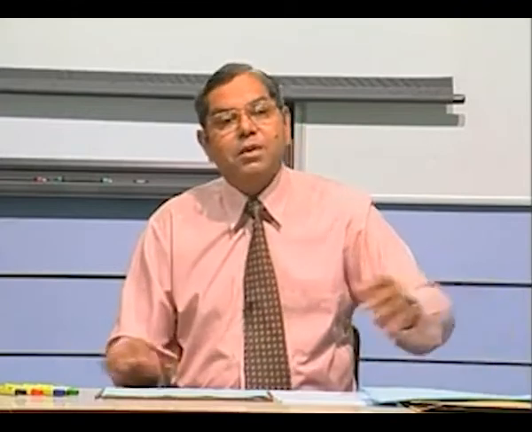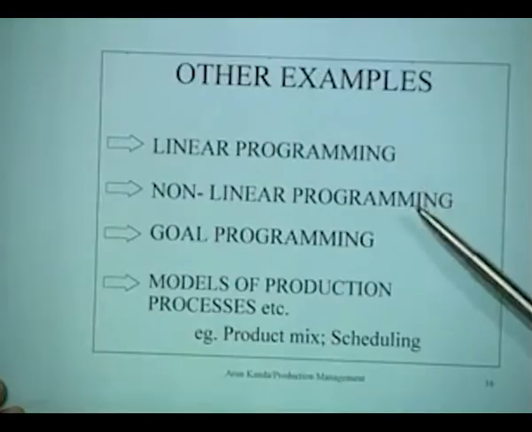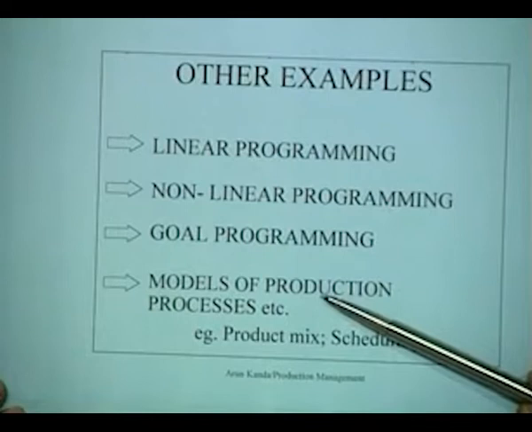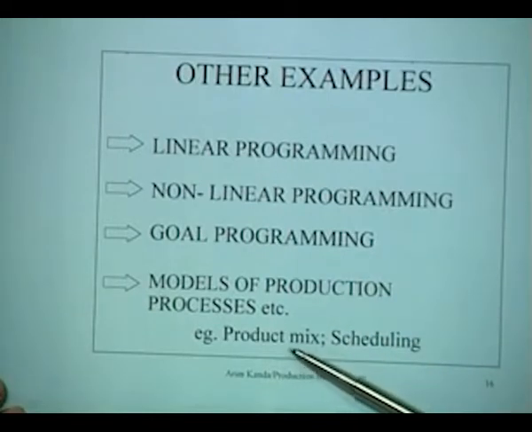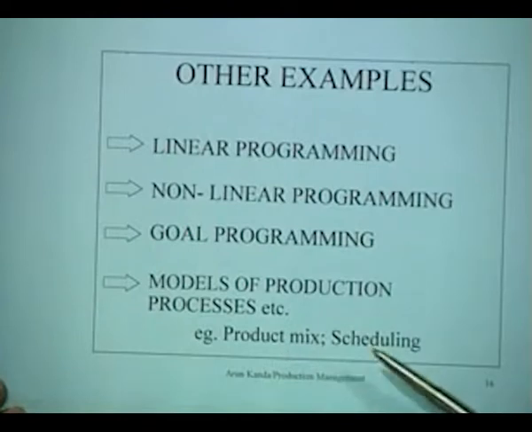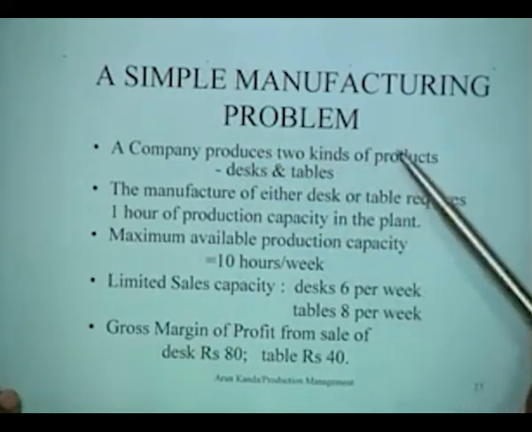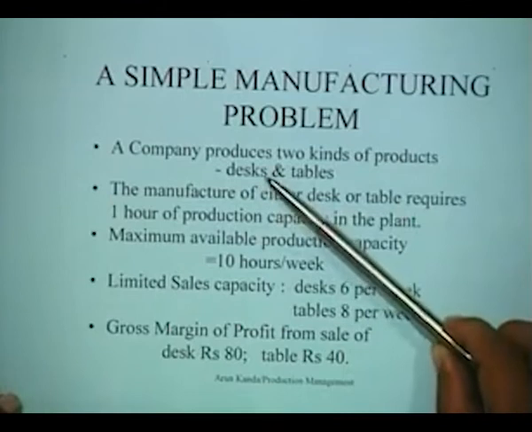We can look at other examples of models which are very relevant in production management. We can use linear programming, non-linear programming, goal programming, models of different types of production processes, and we can model production product mix and scheduling by using these kinds of models. Now we will take a small example, for instance, and see how modeling for that particular product is done. Take a simple manufacturing problem. Let us say that the company produces two kinds of products. These products are simply desks and tables,